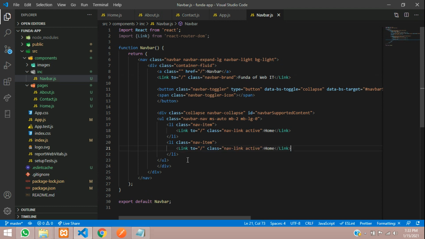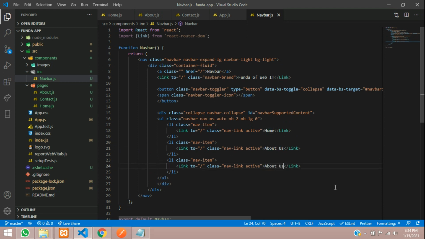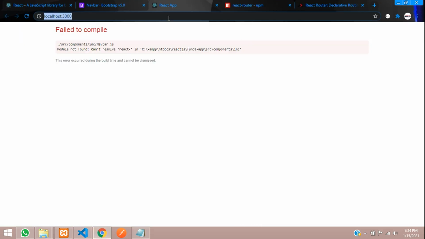So let's paste that, and then again copy and make the third one, which will be contact us. So this one will be about us. Let's copy and paste, and we are going to make this contact us. So let's create a route for it. So the home page will be the default, and now is the about, and the third one which will be linked to contact. Okay, so guys, we need to remove this, so let me just remove this line. Done. So once it's done, now let us just refresh and see whether the error is there or not.